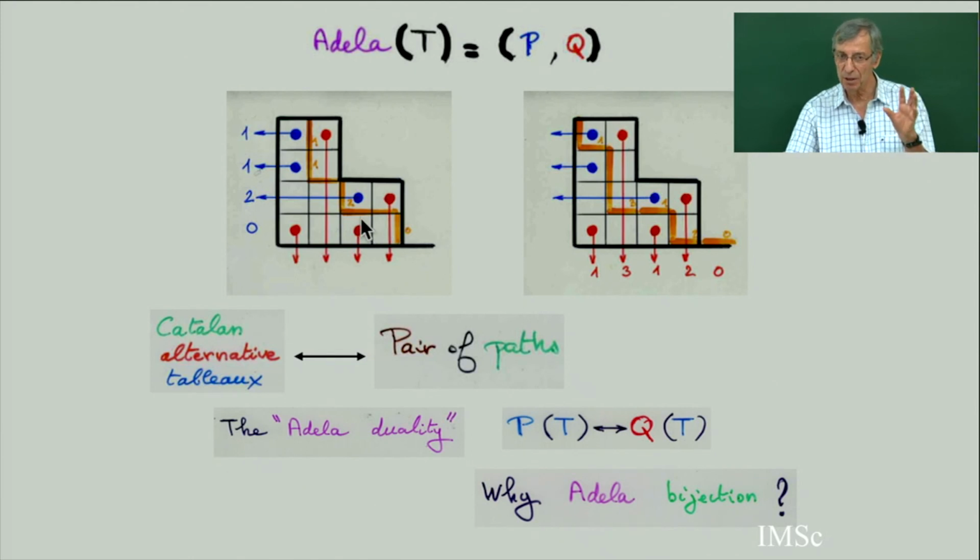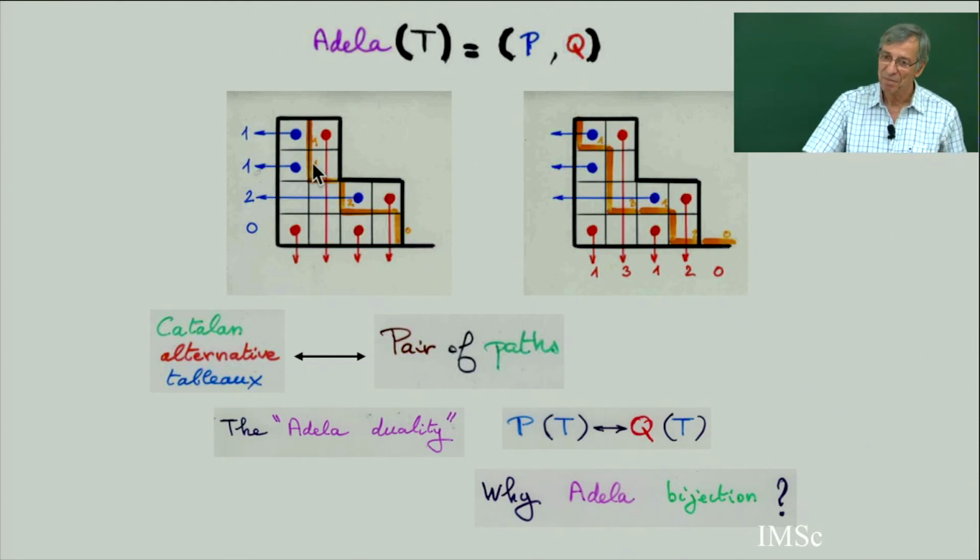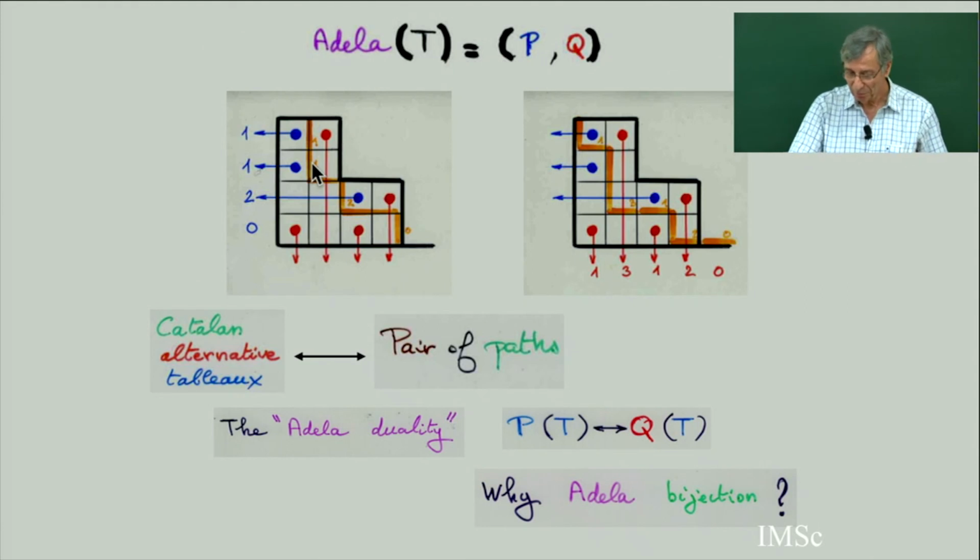But this construction is only for the blue vector. You can also construct for the red vector, and the bijection between Catalan alternative tableau and pair PQ, you just need to know the P. If you know the P, then you know the Q. If you know P, you know the path, you know the alternative tableau. So we will say this, just to give you some example of a demultiplication of equation, which gives something which is very useful for the combinatorics of Catalan numbers.